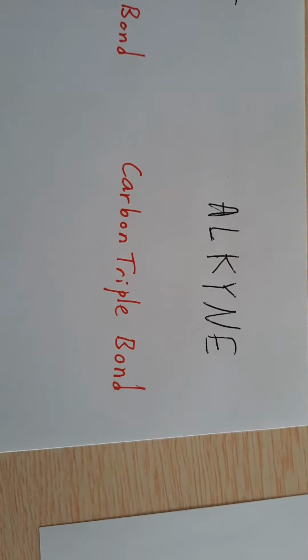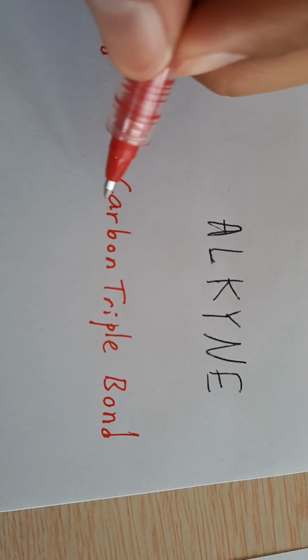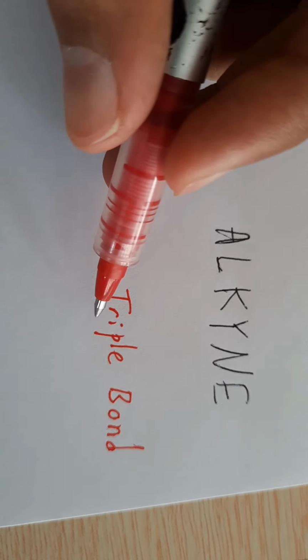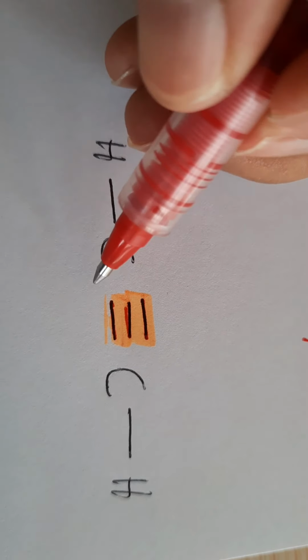Now let's go with alkynes. Alkynes are the compounds with triple bonds. Let's go and see the structure. The ones I have highlighted here,